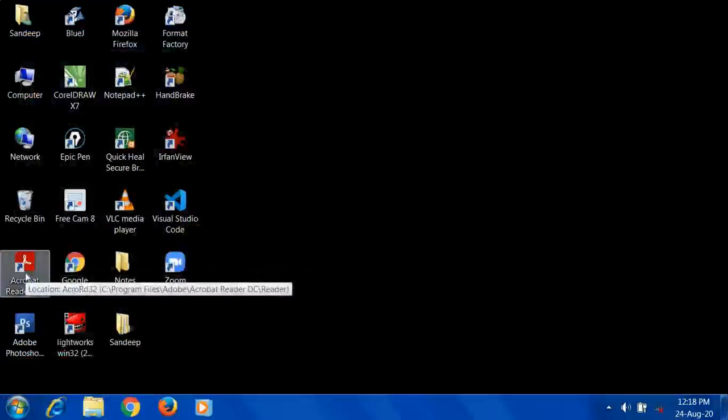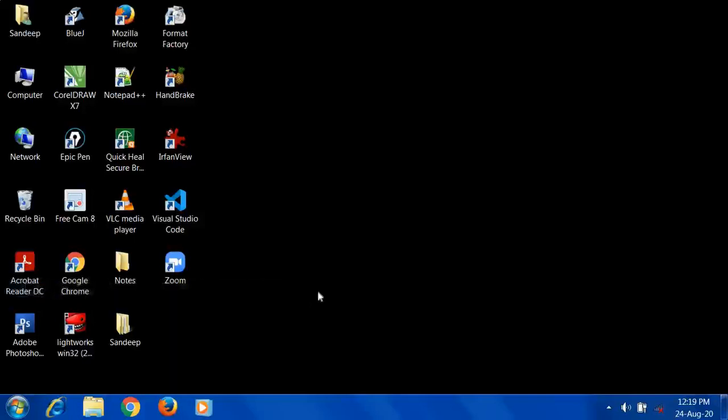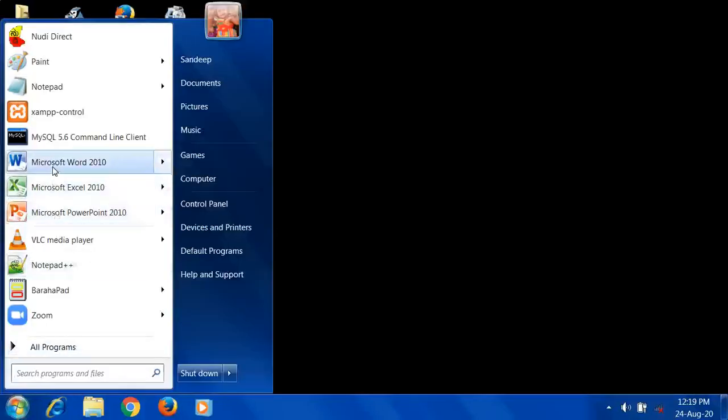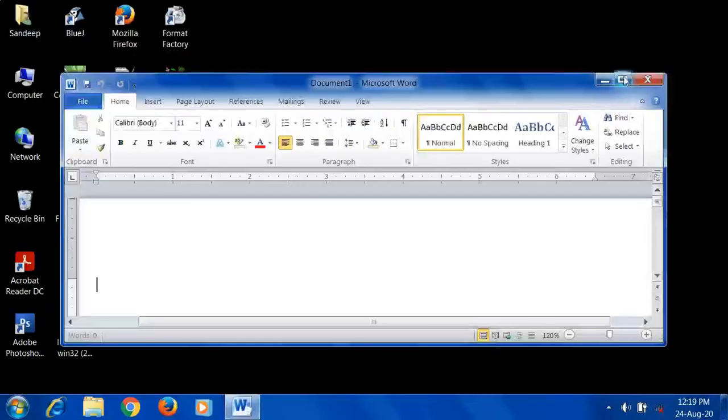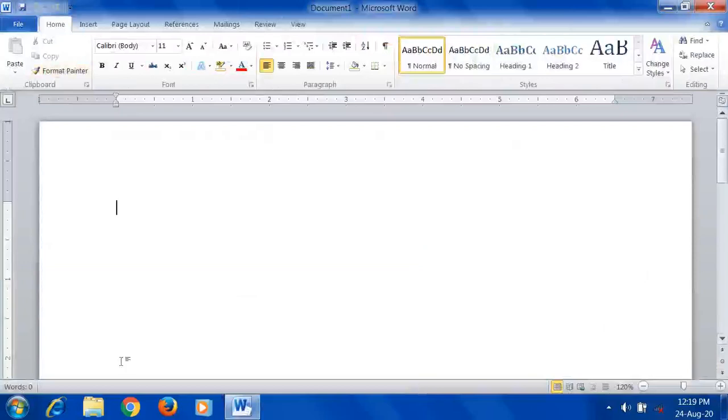Next is the document icons. The active document window of an application can be minimized to a document icon which gets placed on the taskbar. You can restore the document window by clicking on the document icon. So for example, now let me open a Microsoft Word document. Okay, see, now the Microsoft Word window is open.